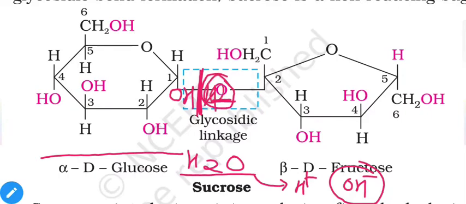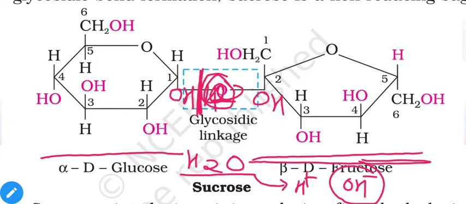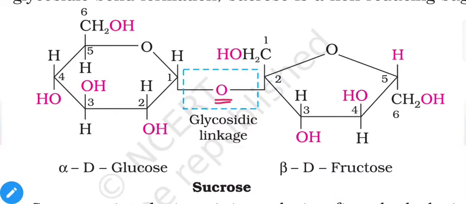So let us replace this OH group here. Here we have a complete molecule of fructose. That's how you will get OH groups in both of them, and one glucose and one fructose molecule from the hydrolysis of sucrose. The same reaction can be assumed in reverse when these two molecules approach together to form a disaccharide. One of them will lose a complete OH group, the second one will lose hydrogen, that means H2O will be removed, and then both of them will be attached with this glycosidic linkage.